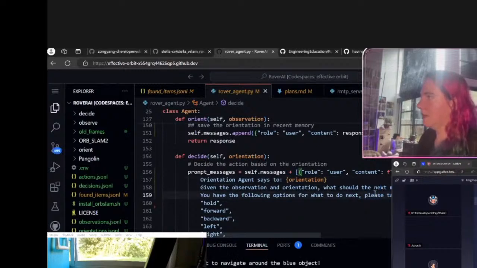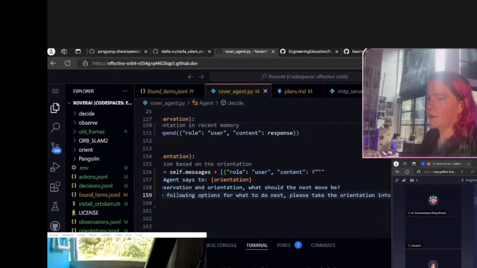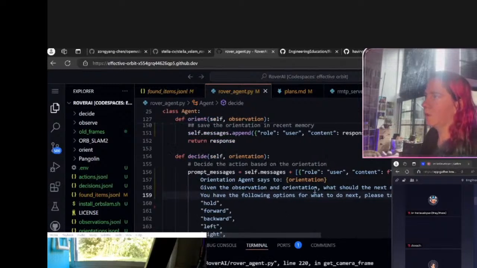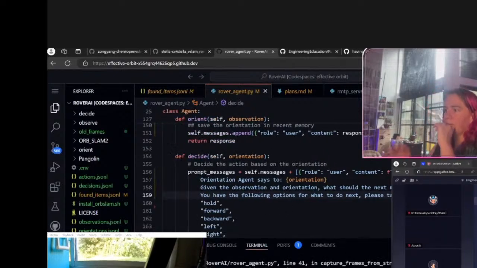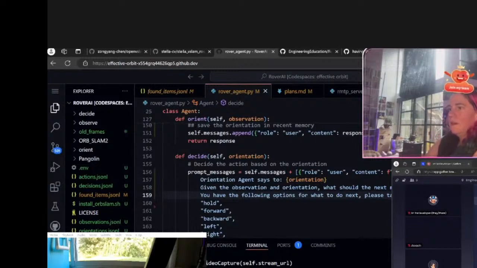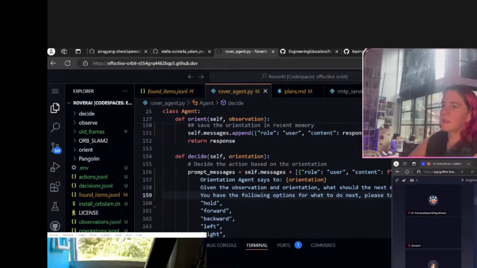Please take the orientation into account. Okay, so it just keeps saying forward, but let's see. Okay, next move, turn left, decision forward.